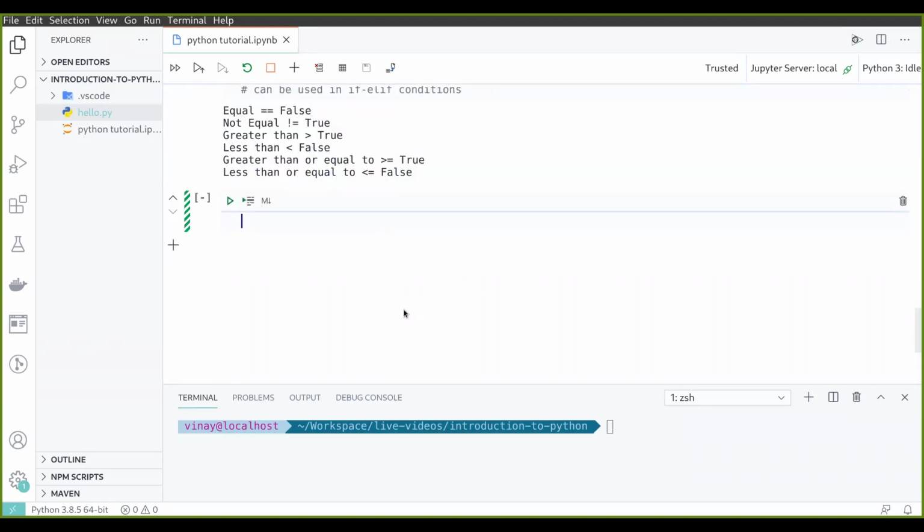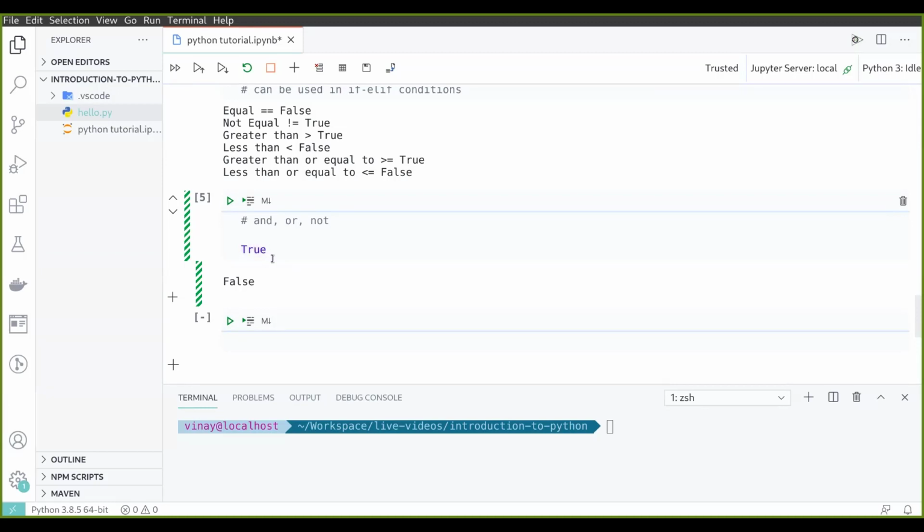Moving forward, there are logical operators as well. So and, or, not are some logical operators in Python. So what do these mean? They generally operate on booleans. So what it means is, you might have learned about different gates, that there is an AND gate, or a NOT gate. So what happens is, suppose there is this true, which is actually true, but if you say not true, then it actually means false. So not only takes one boolean input, but and, or take two boolean inputs.